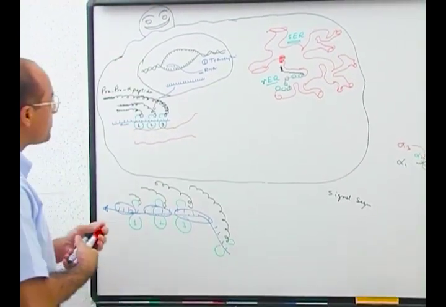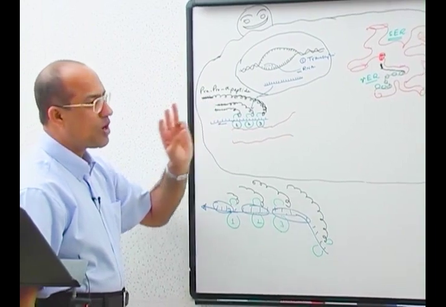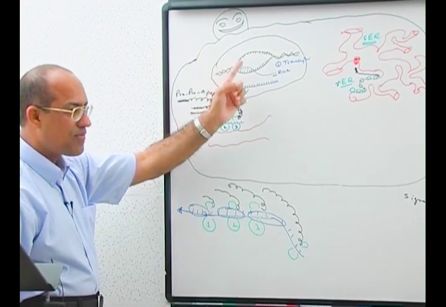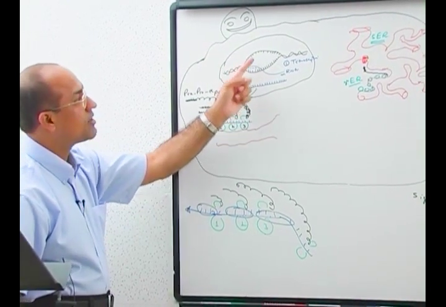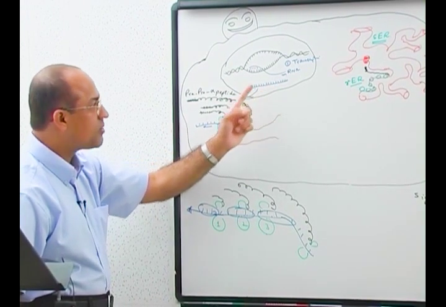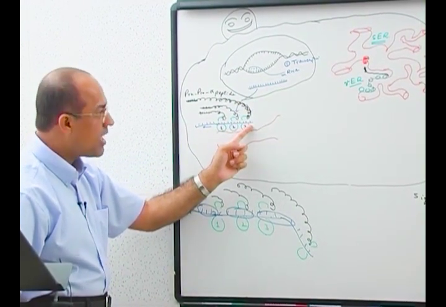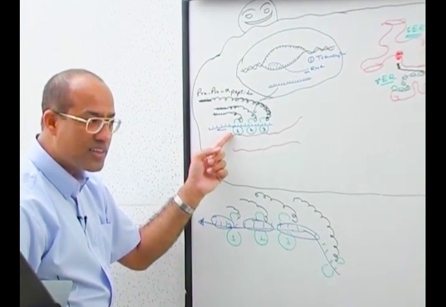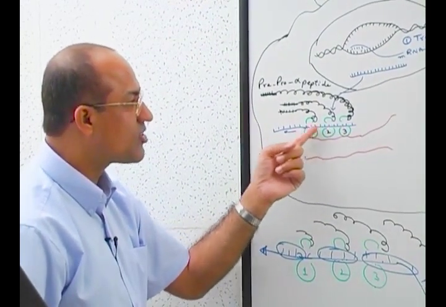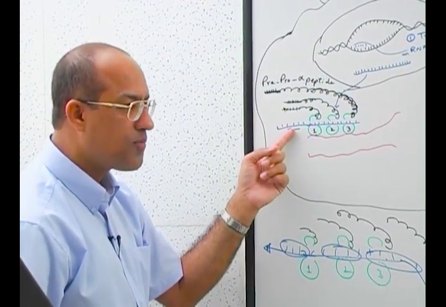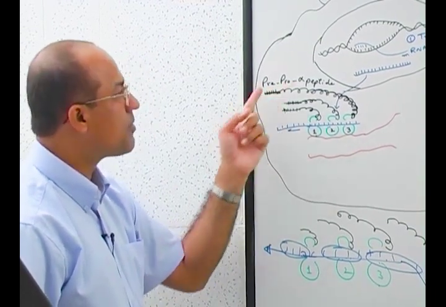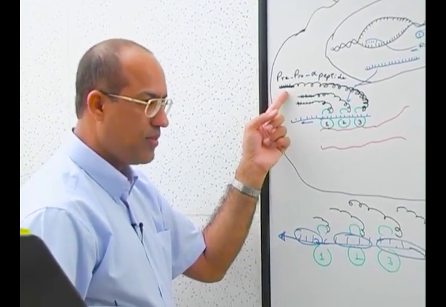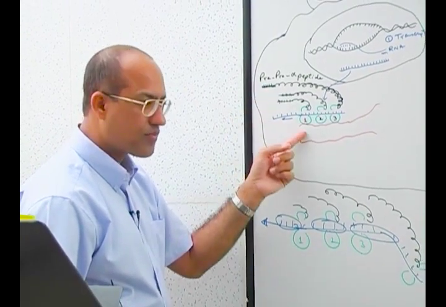Right? So, again, up to now, how many steps have we learned? Number 1, DNA, the gene for the alpha peptide of collagen, is transcribed into messenger RNA. Then the messenger RNA comes into the cytoplasm. This messenger RNA binds with the ribosomes on the rough endoplasmic reticulum. There this messenger RNA is translated into pre-pro-alpha peptide. Pre-pro-alpha peptide has signal sequences. These sequences help this peptide chain to enter into